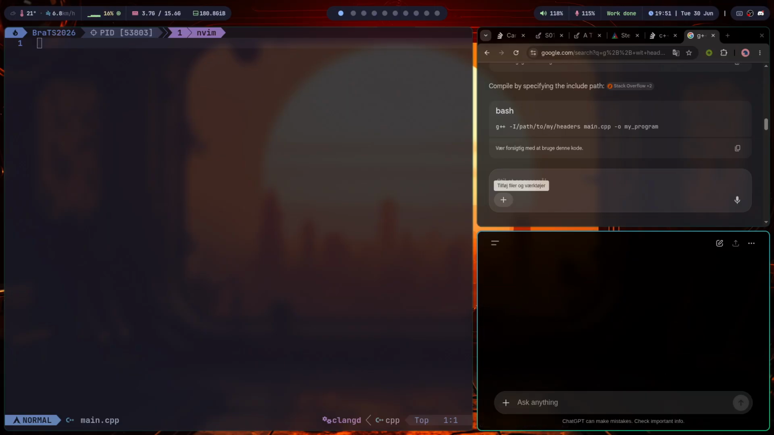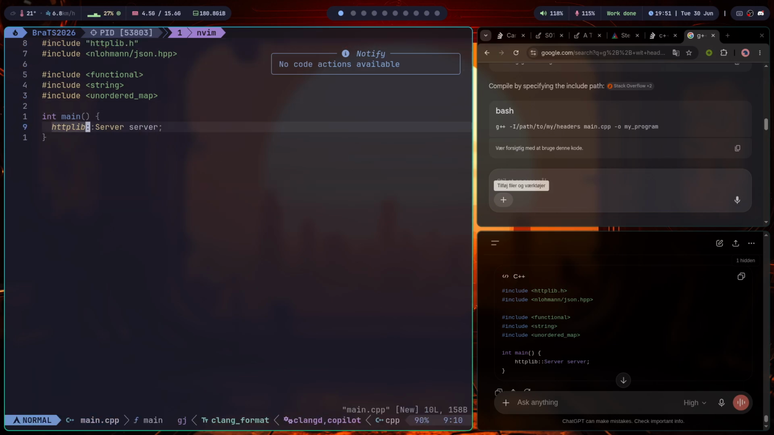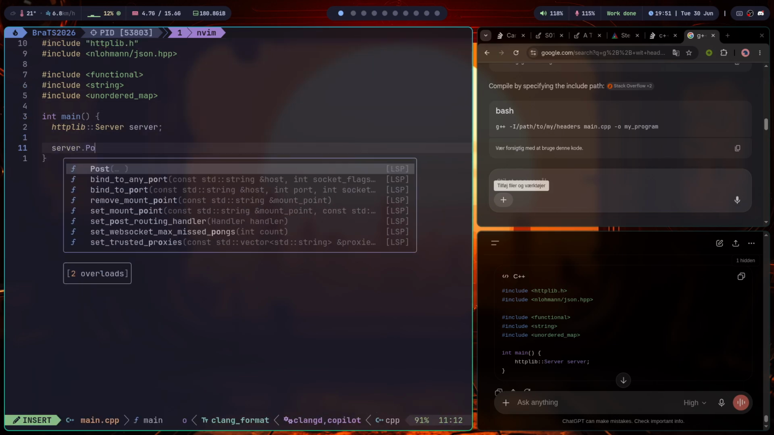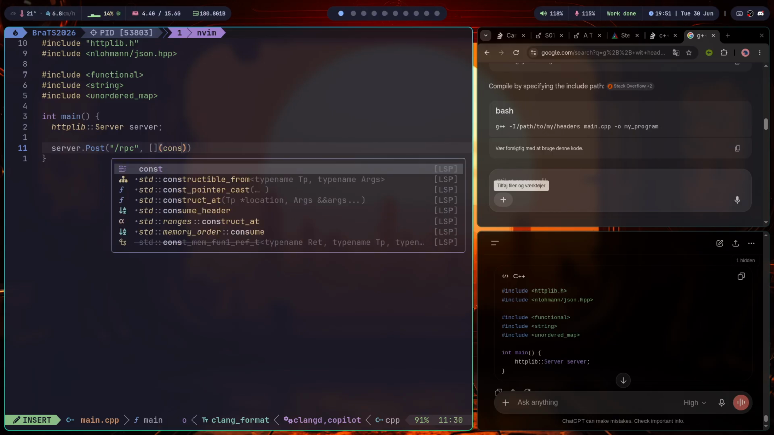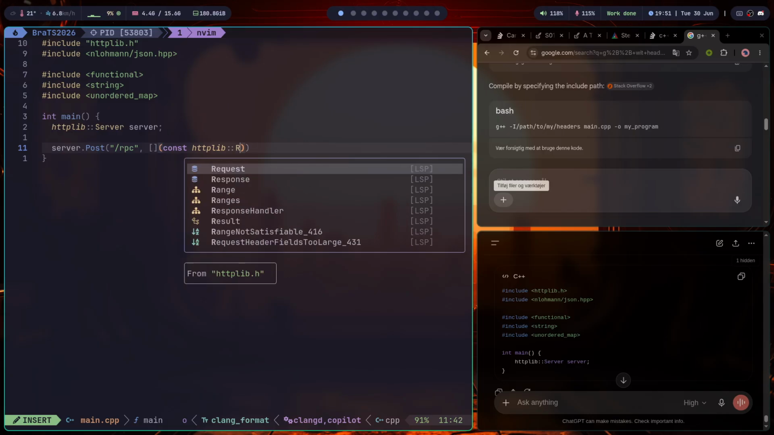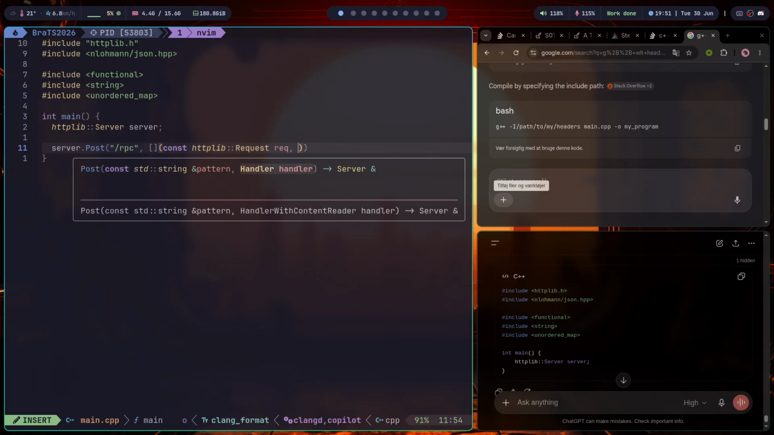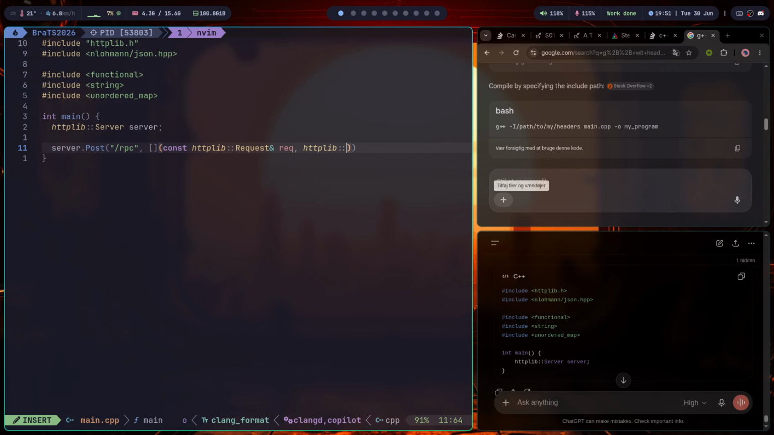All right, let's go in here. Let's copy that line that we had. I could probably fix it quick. Let's fix this, right? Let's go server.post RPC like this, const httplib request. It takes a request, and it's gonna be a pointer or a reference, sorry, and then httplib response